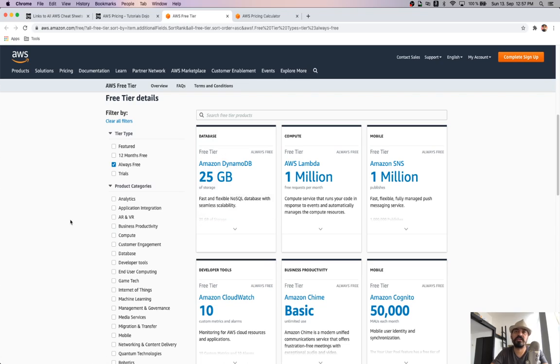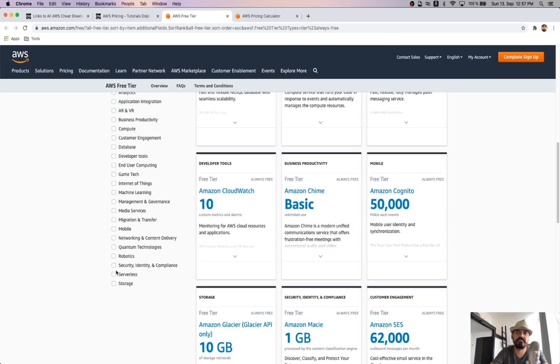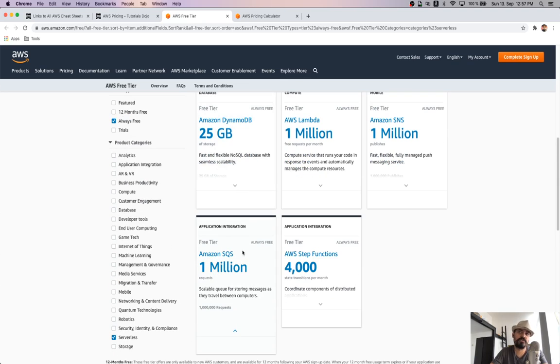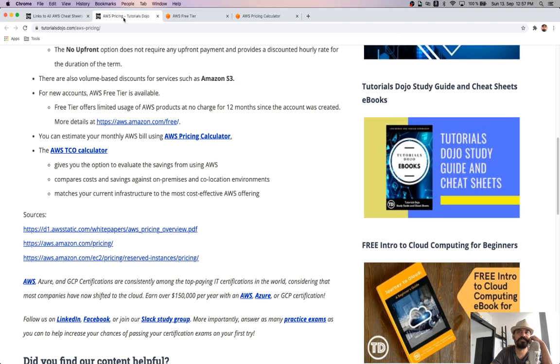And if you have any specific compute like artificial intelligence or ML work you want to do, and you want to know how much capacity you're going to get free in 12 months, you're free to go and click on the product categories, and then you can use serverless or something. You can see around 1 million Simple Queue Service notifications you can send, or something like that. You can store messages in it, right? And you can write step functions and other things. So this is the free tier which you can get.